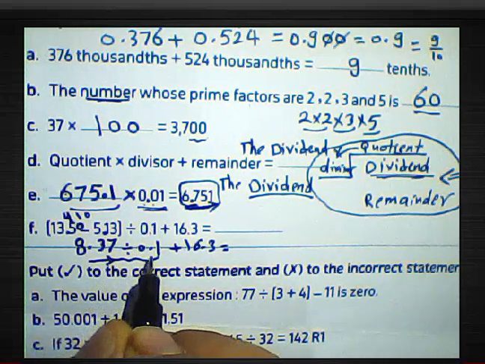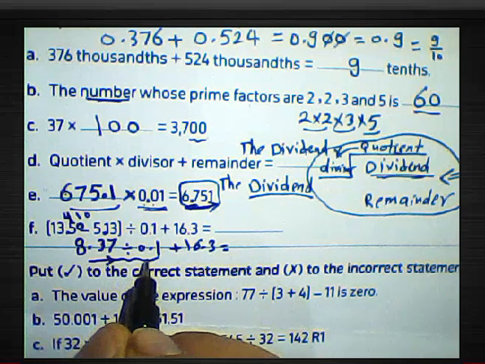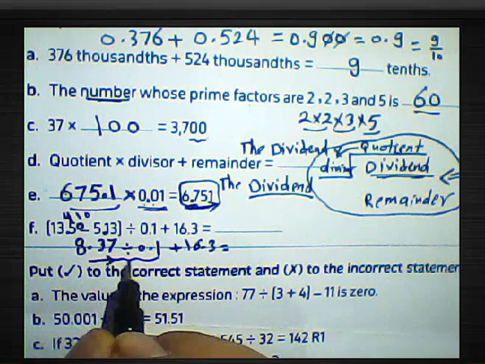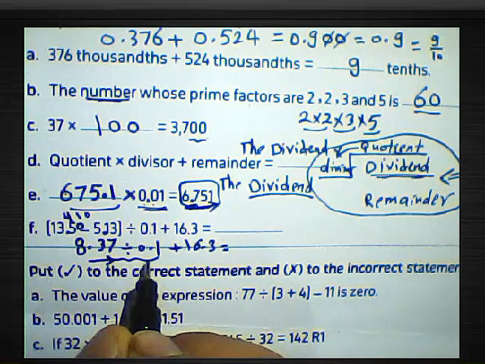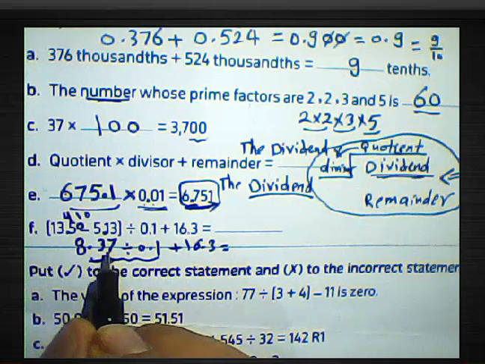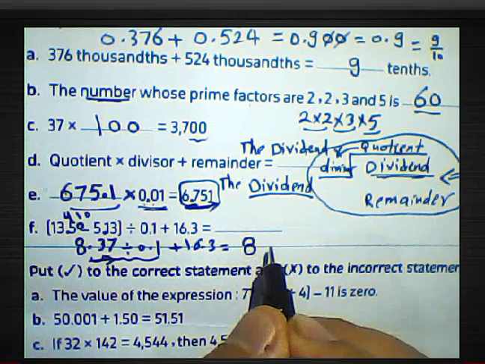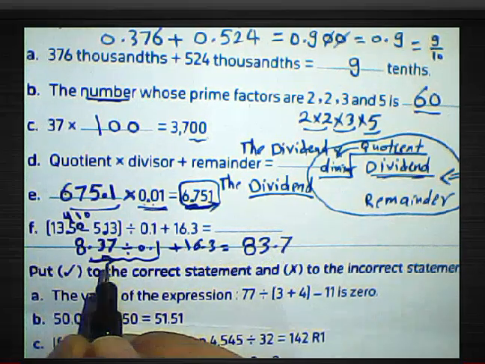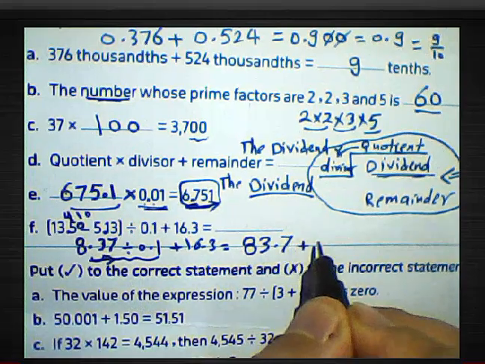When you divide by a decimal number, you must keep in mind the point must move from left-hand side to right-hand side by 1 digit, because the point here is after 1 digit, so the point must move here. It comes between 3 and 7. You must write 83.7. Okay, understood this operation? Okay, and then complete plus